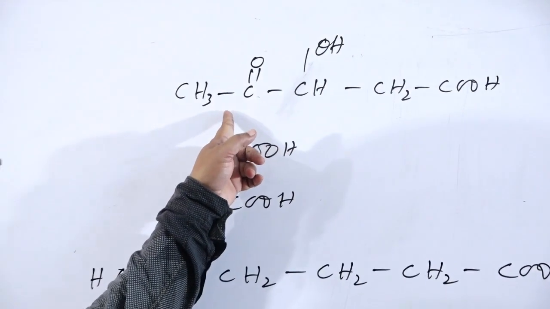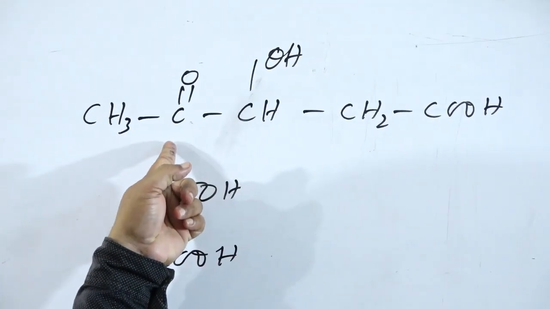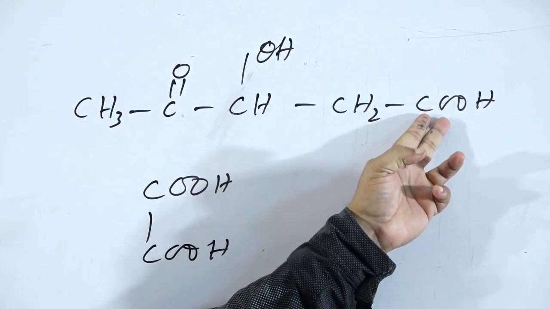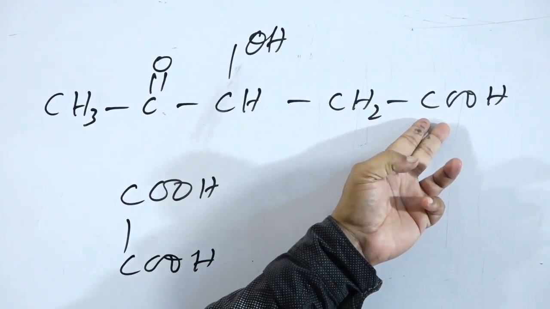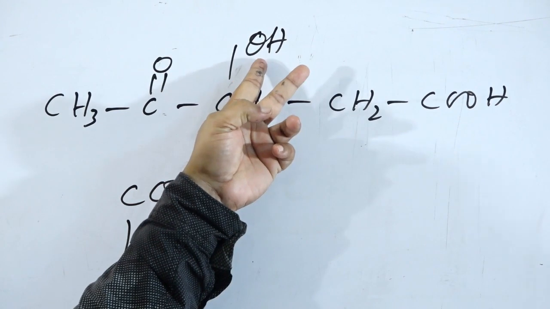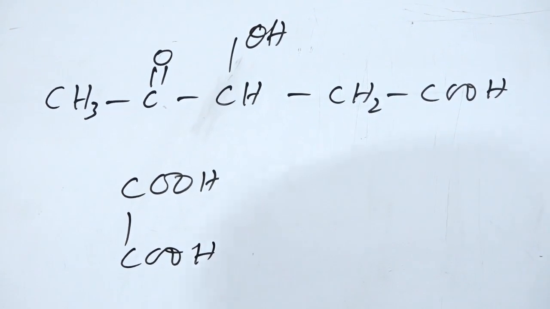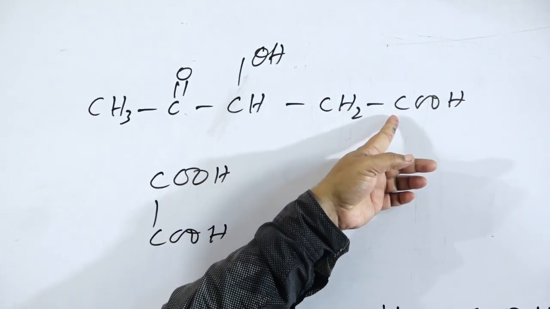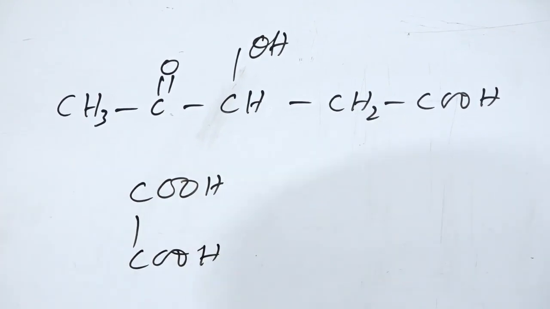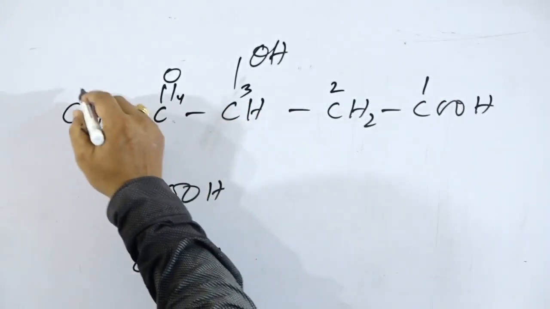The first compound contains COOH, OH and CO groups as functional groups. Among them, the COOH group is treated as the senior functional group. Therefore, the name of the compound is made according to the COOH group, and the other groups, OH and CO, are treated as substituents. We give the minimum number to the carbon of the COOH group. So numbering starts from this 1, 2, 3, 4, 5.